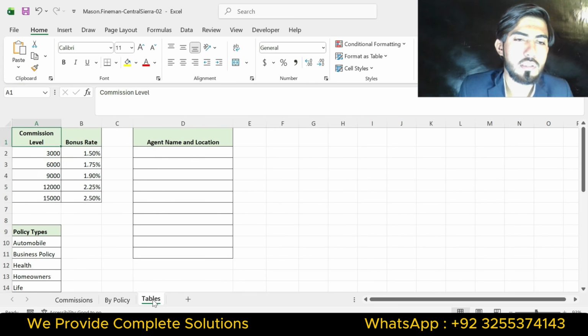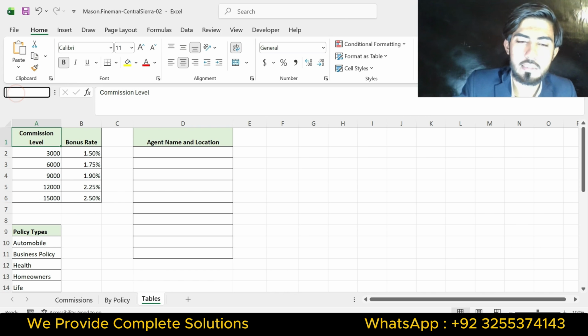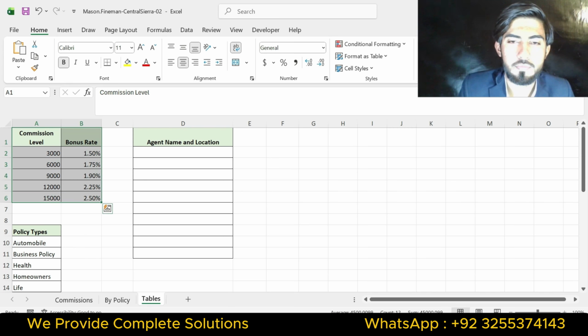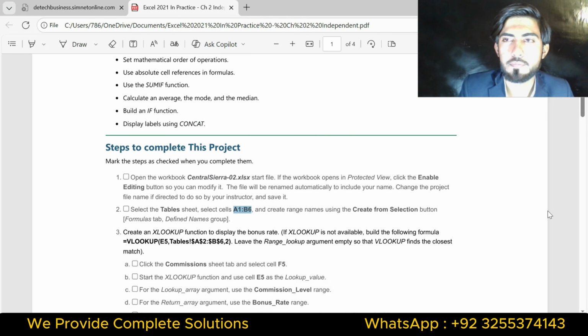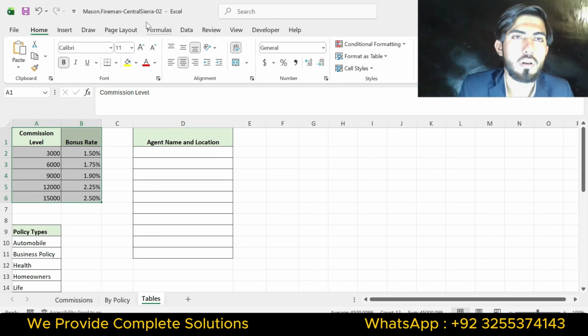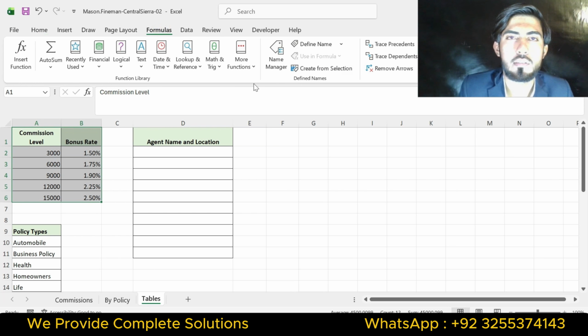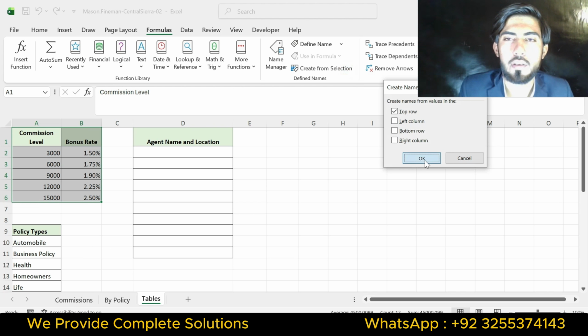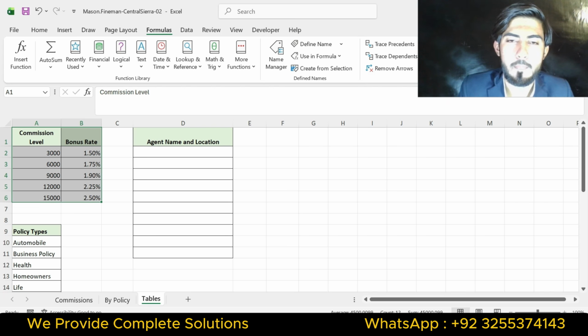First go to the table sheet and paste this range and create range names using the Create from Selection button. Go to the Formulas tab and click Create from Selection in the Defined Names group. So click on this and click OK. Our question number 2 is complete.